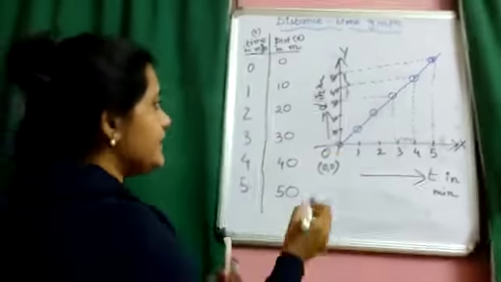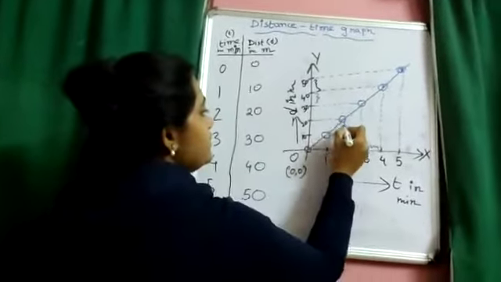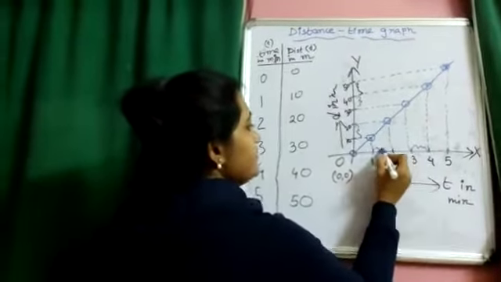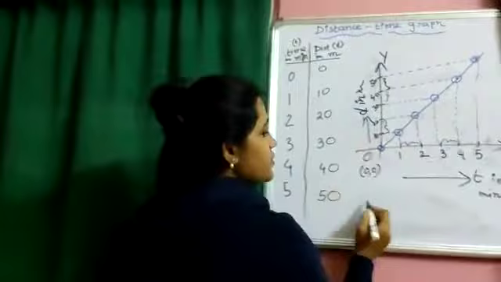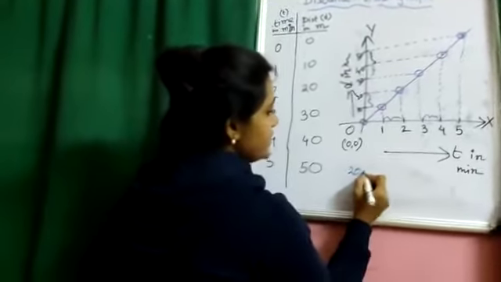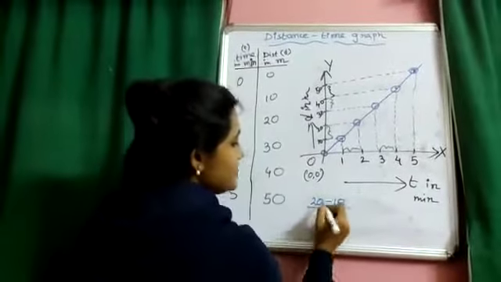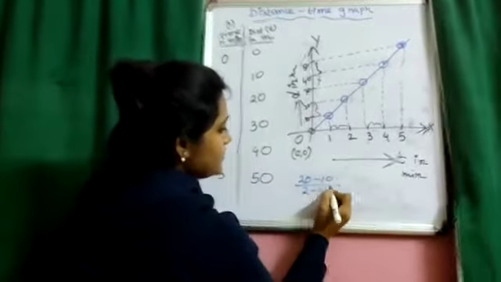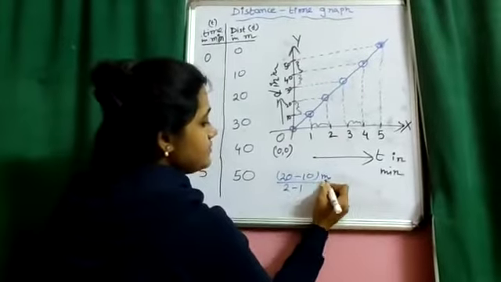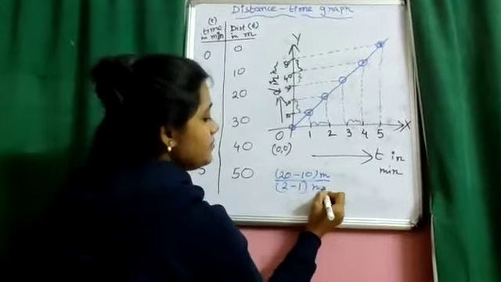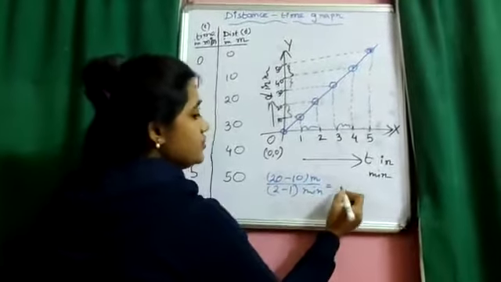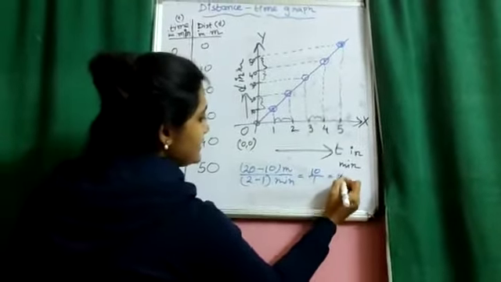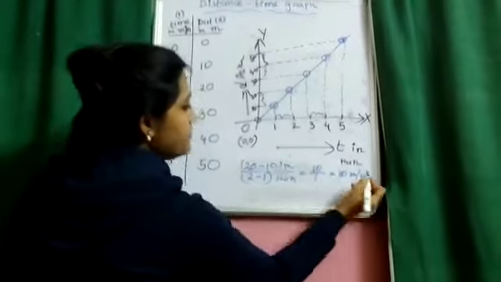Let us check in the other interval. Suppose this much interval I am checking. Okay, so here also you can check that final was 20, initial was 10. So this is the change in distance covered in 2 minus 1. It is in meter, this one is in minute. So this one is again telling me 10 by 1, that is 10 meter per minute.